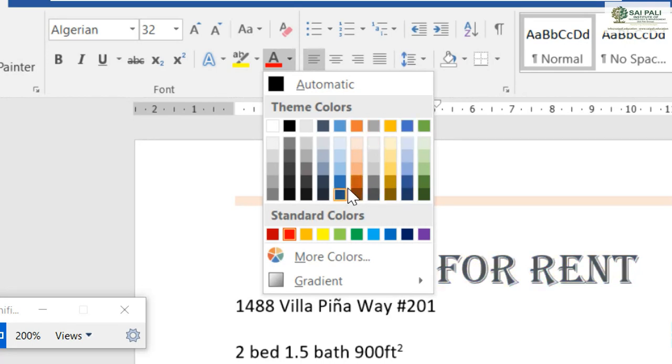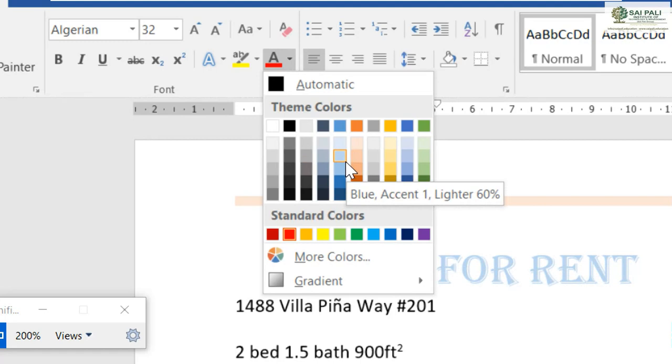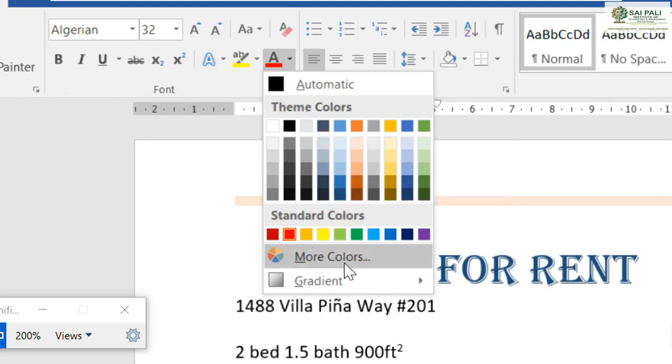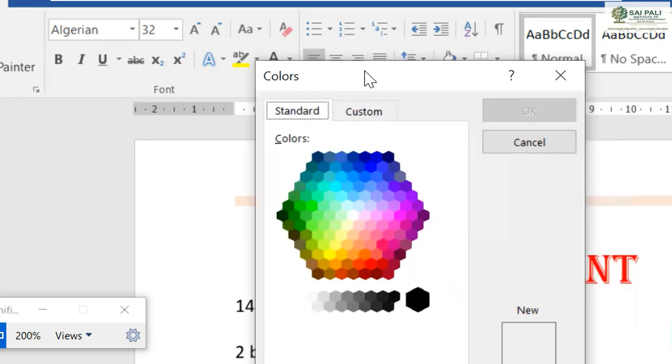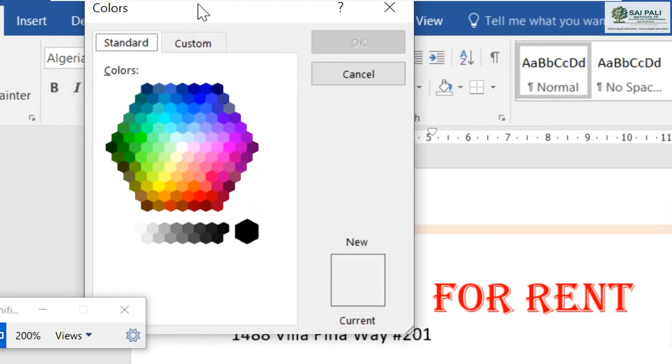Now it is not limited to only these colors, we have more color options. We can go for this More Colors option. When you select this, this dialog box will appear, and from this dialog box you can choose your color.